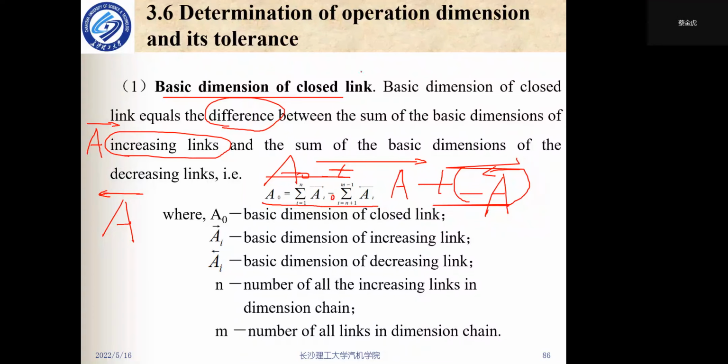We have seen the example before. A1 equals A2 plus A3. In that example, A2 is the closed link, which we will represent by A0. So we rearrange this equation and we will get A0 equals